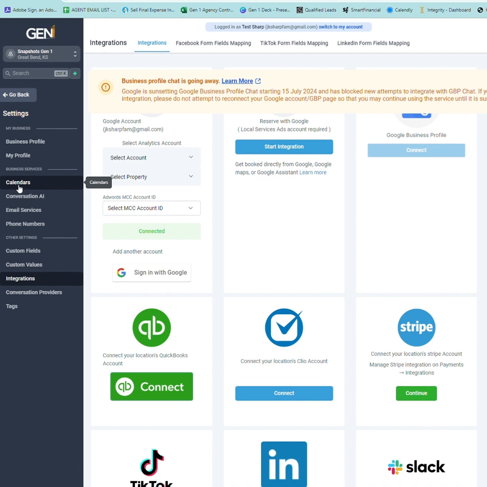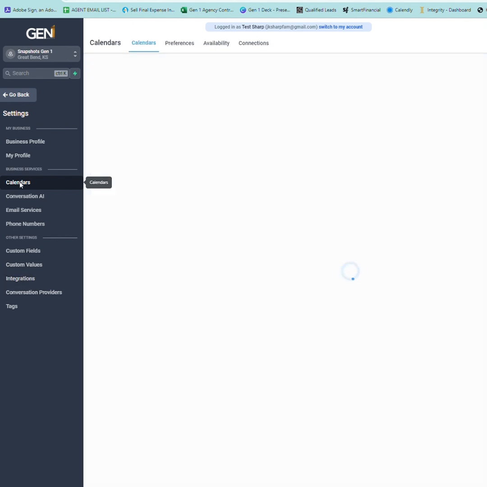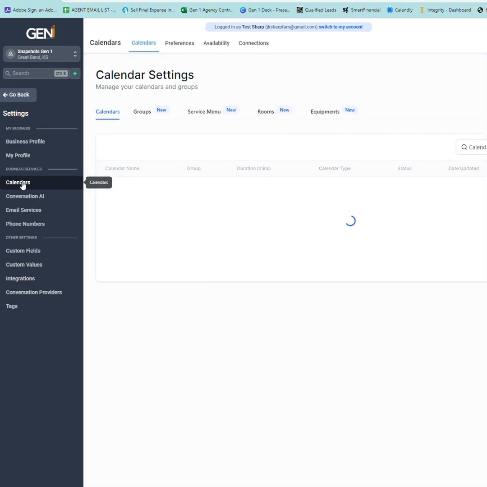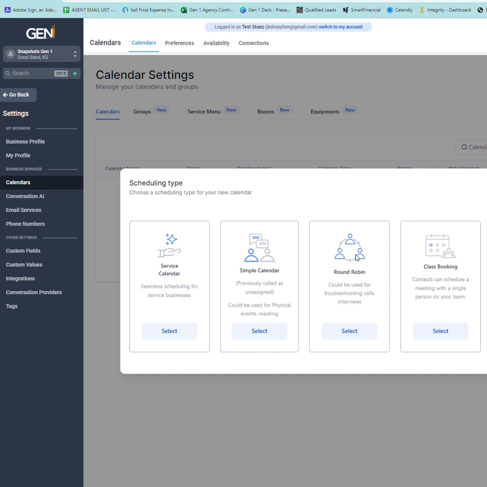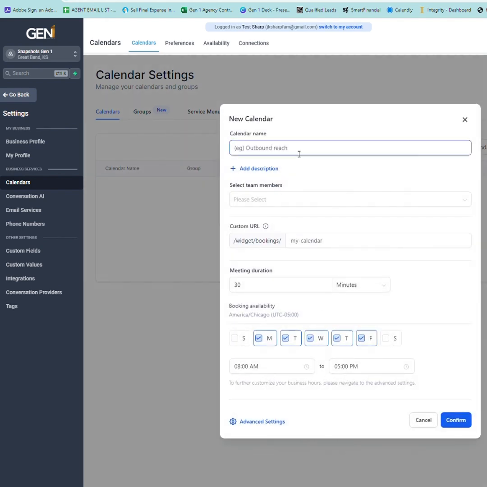All right, in this one, let's go ahead and go to the Calendars actual tab in your settings. And very simply, if you've ever had anything like Calendly before, this is going to be very simple. We're going to create a new calendar. So we're going to click on that. We're going to go ahead and default always to round robin. There's different ways you can do, whether it's collective booking, classroom style booking. Round robin seems to be the thing that makes the most sense about just having different options. So we're going to select round robin. And then it's just as simple as